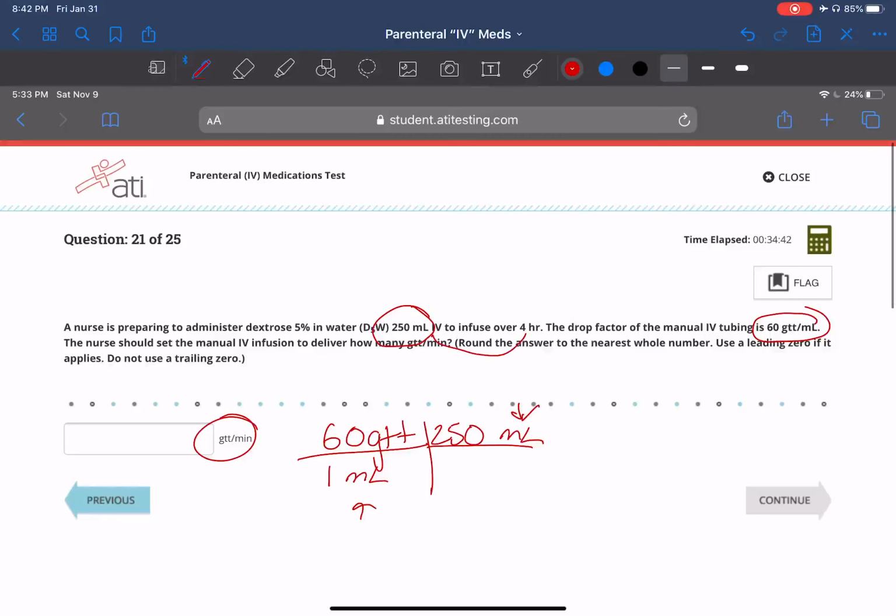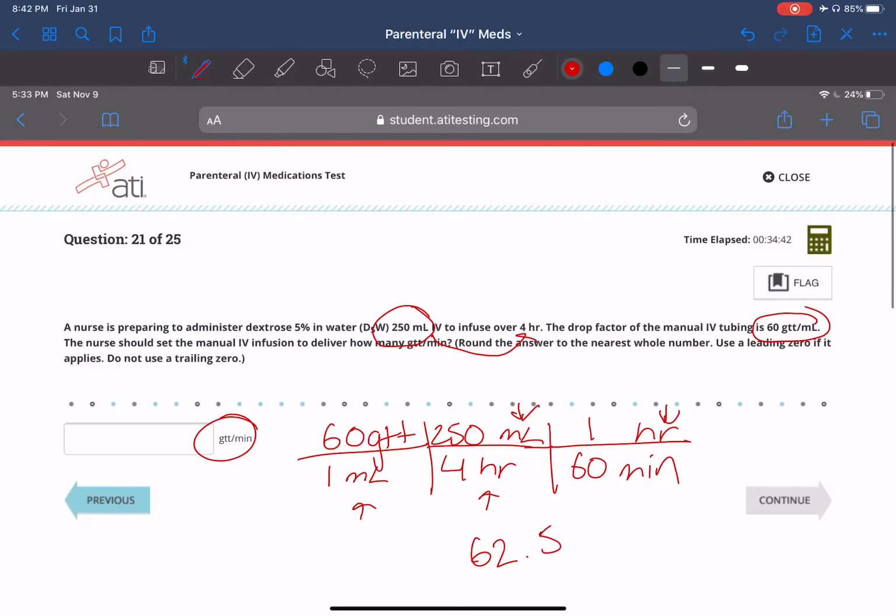And that is connected to 4 hours because it says 250 ml over 4 hours. But the problem is asking for it in minutes. So we need to convert the hours to minutes. So we have an hour down here, so we need one up here. And we know 1 hour is equivalent to 60 minutes. So let's go ahead and multiply across really quick. 60 times 250 times 1 divided by 1 divided by 4 and divided by 60. And I got